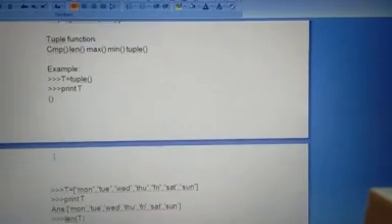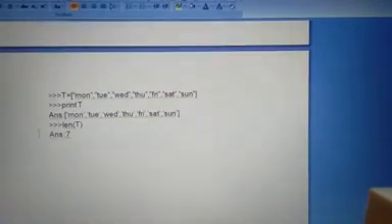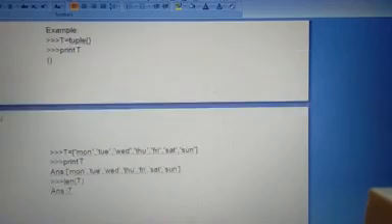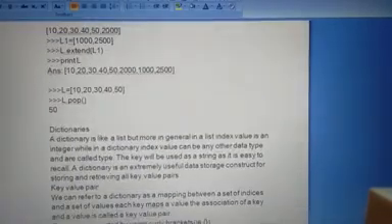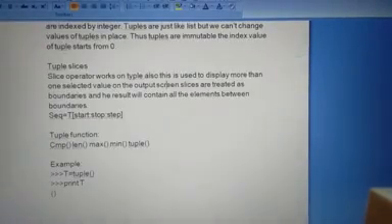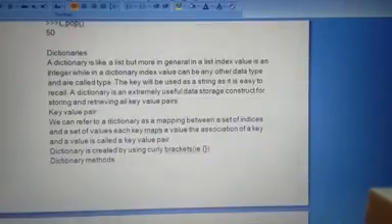Okay. Tuple functions use the same methods: cmp, len, max, min, tuple. So for example, t equals a tuple, print t with brackets. T is assigned the values Monday to Sunday: Monday, Tuesday, Wednesday, Thursday, Friday, Saturday, Sunday. Print T. How many days are there? 7 days. We can use the len function to get 7. Okay. So have you understood clearly? What is a list, what is a dictionary, what is a tuple? Yes, this completes the first unit.